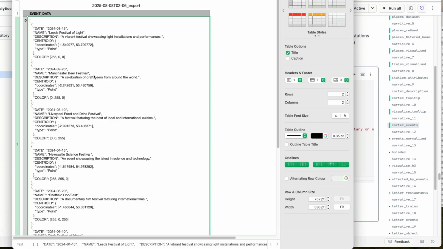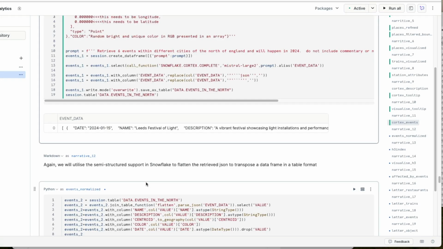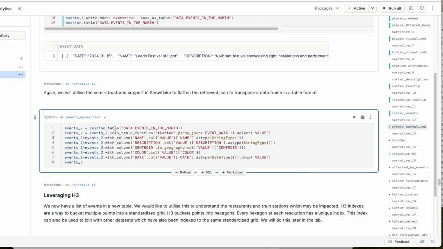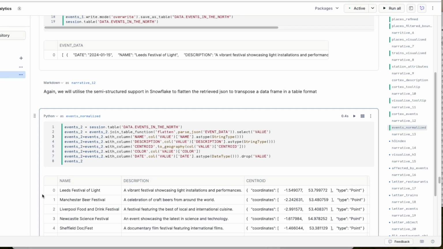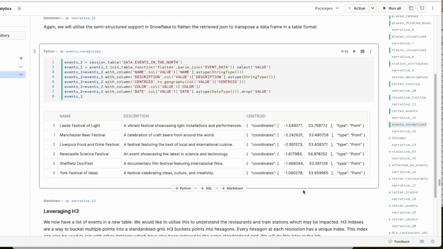So here's our 6 records. We've got Leeds Festival of Light, Manchester Beer Festival, Liverpool Food and Drink Festival, and so on. We've got our coordinates, a little description, and that's everything that we need now to be able to flatten that using Snowflake's native functions, which we'll do next in here. So we're going to flatten that JSON, map it into a data set, a tabular data set here, and we're